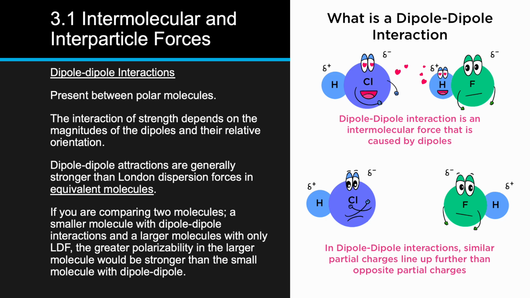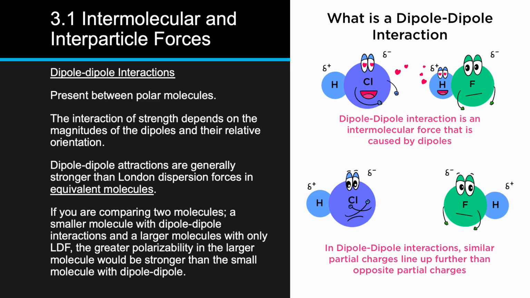Then we have dipole-dipole interactions. This can only happen with polar molecules. So if you were looking at a substance that is nonpolar molecules, all that can have is London dispersion forces. It cannot have dipole-dipole interactions. So the interaction is going to depend on whether the molecules are polar, and it's going to depend on the